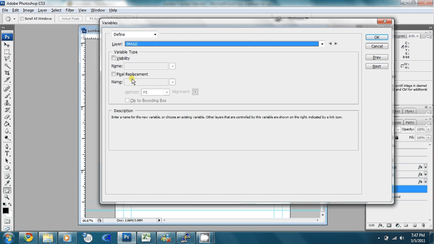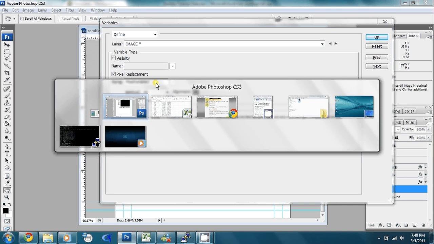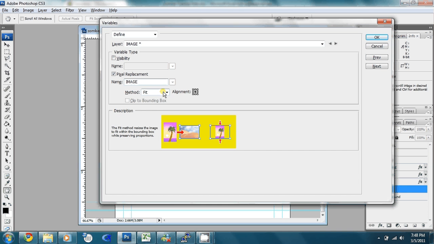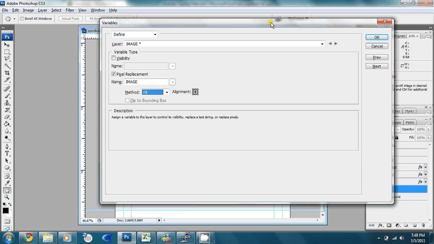So image. Okay, so with images, you have visibility and you have pixel replacement. With pixel replacement, of course, you have to tell it what column to grab the pixel replacement info from, and that will be the image column. And then you can choose how it can fit. It can fit into the pixels that you've outlined, you can fill it, you can put in the image as is, or you can have it shrink and conform to the box. So I'm basically going to say fit as much of the image into the box as is while shrinking the zombie. So if I go back and look at the image,